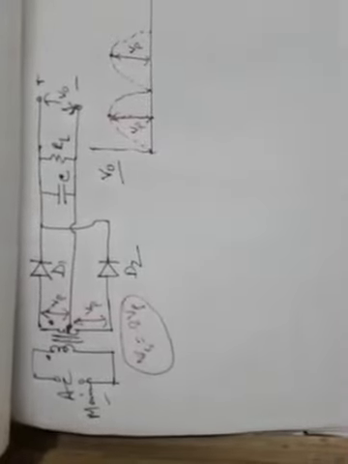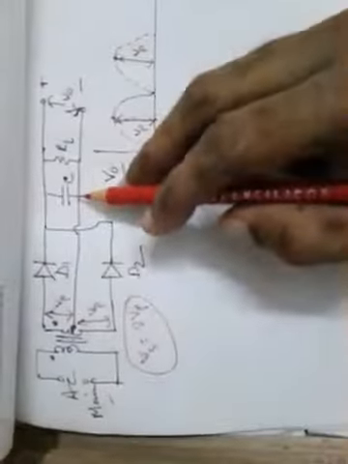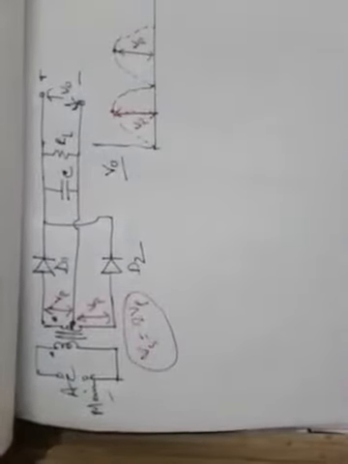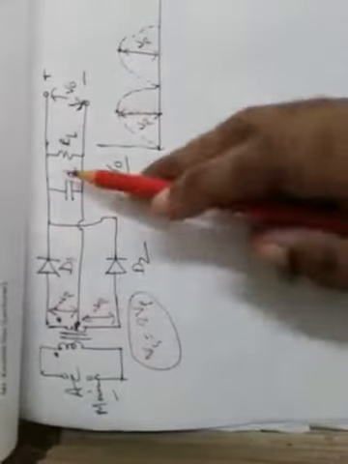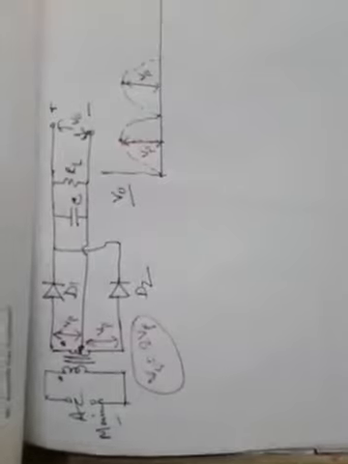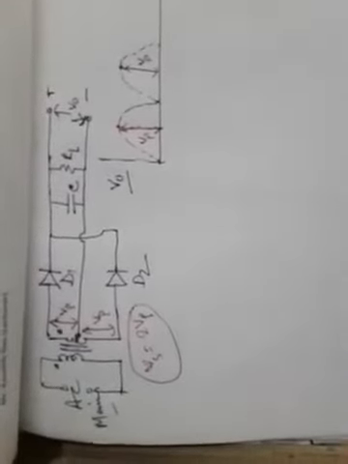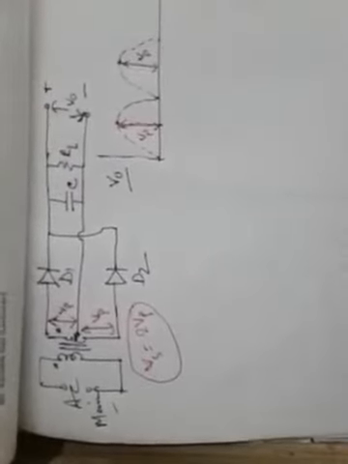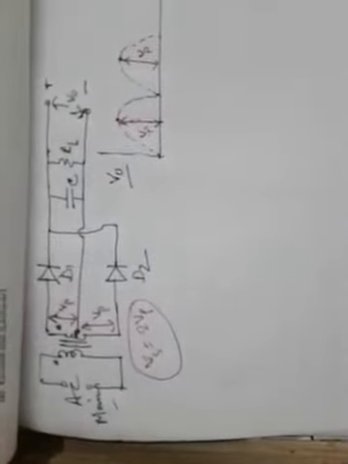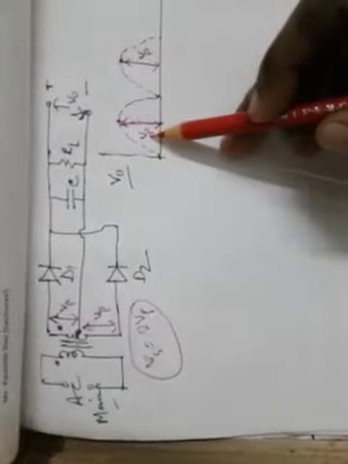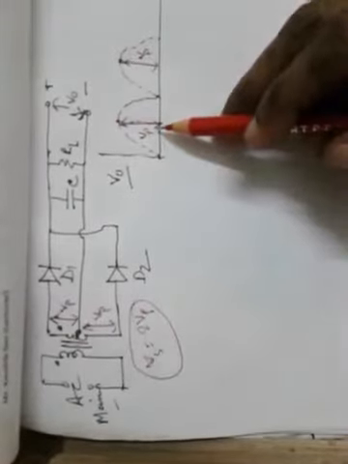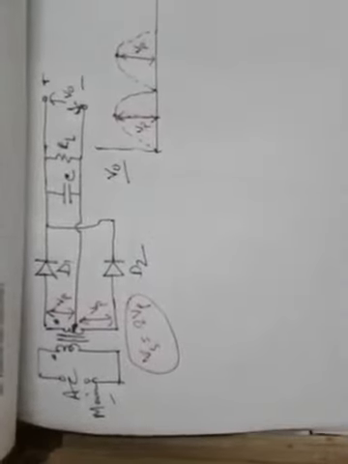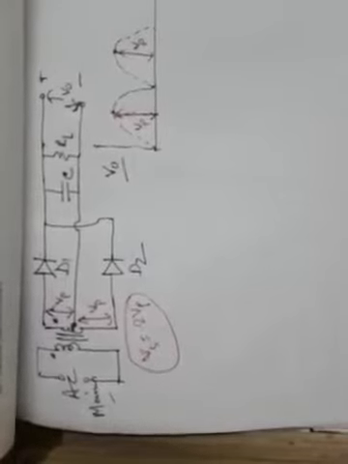Now when the filtering capacitor C is connected, the voltage charges the capacitor. That means the voltage that is passed from the input side to the output successively by these two diodes during the two half cycles will help this capacitor charge up to a maximum value, that means Vp. So C will be charged up to the peak value Vp. The charging current of the capacitor is always provided by the respective diodes.